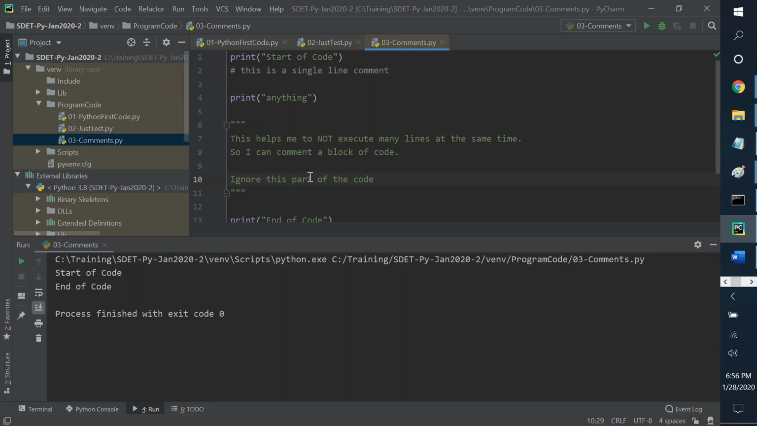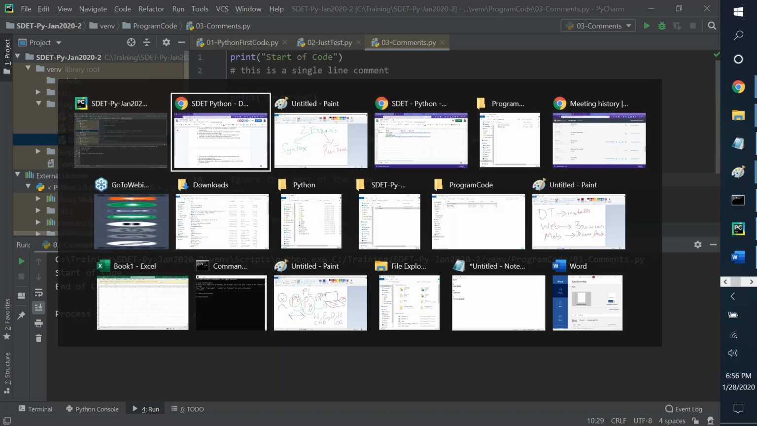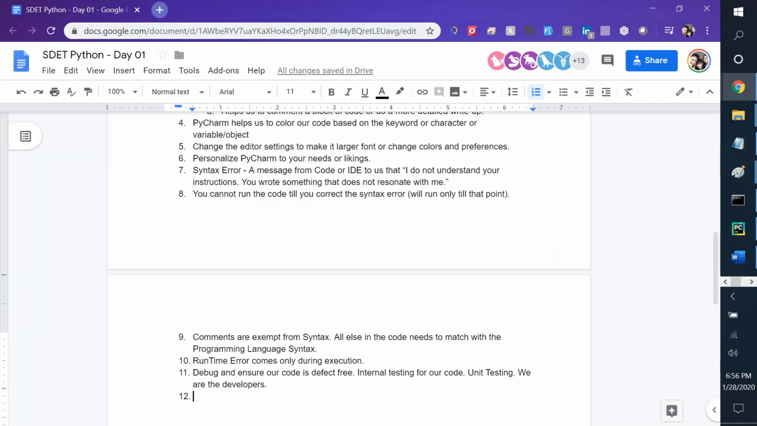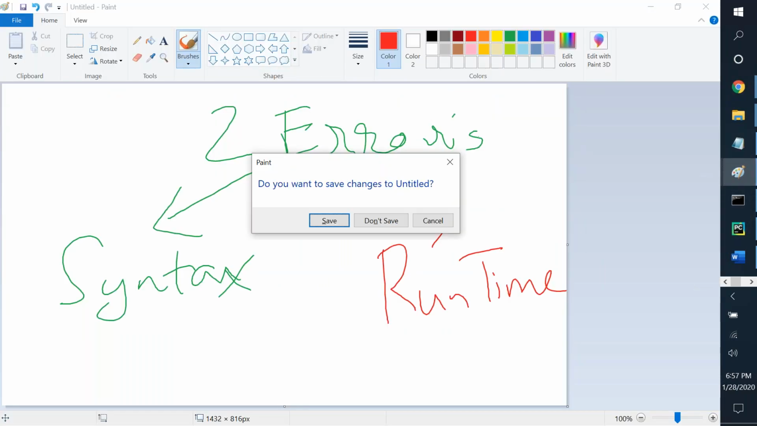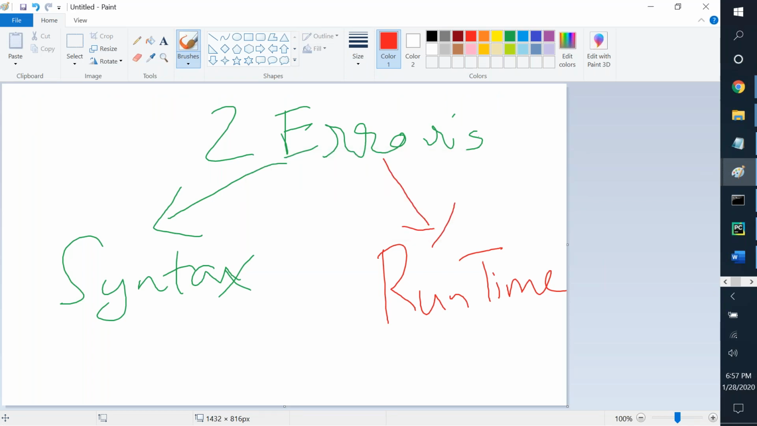Okay, now let's talk about a very, very important concept that comes up within the programming thinking. When we talk about programming languages, the whole crux of it is the fact that